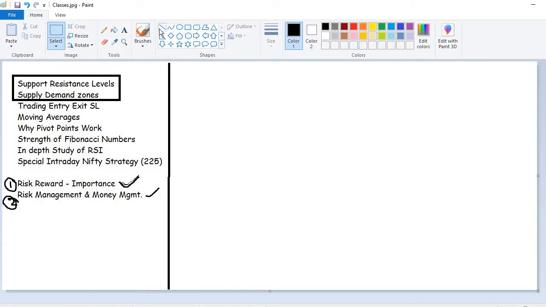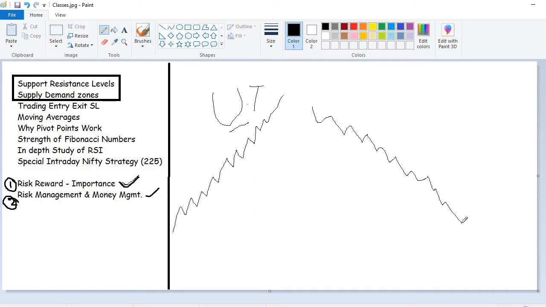Now if the stock is continuously climbing up, that means it is making higher highs and higher lows, then we study it as an uptrend. Remember this guys, we need this. Okay, and if the stock is making lower highs and lower lows, then we call it a downtrend. That means the stock is bearish. If both highs and lows are more or less the same, then we call it that the market is in sideways, or the particular stock is in sideways.